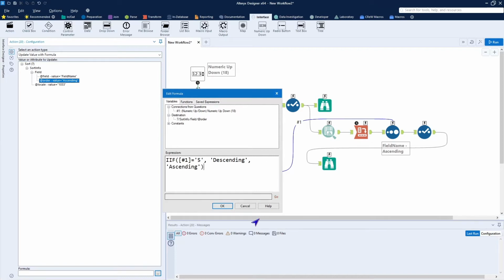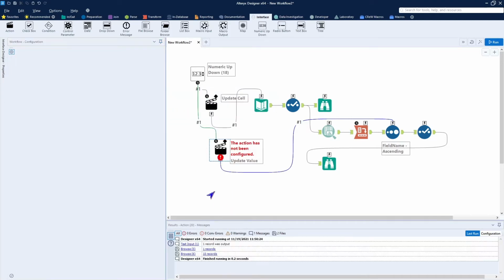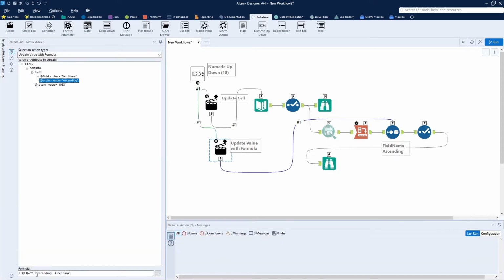Close that out. We see that we've gotten cleanliness out of this. Click OK. Click on the white space. We can see configured cleanly. And you can see now our formula is down here and it's acting on the value ascending there. So now if we run this,